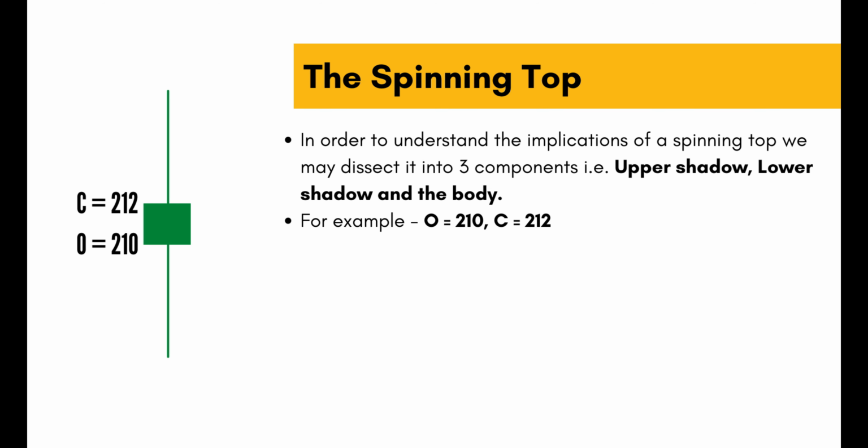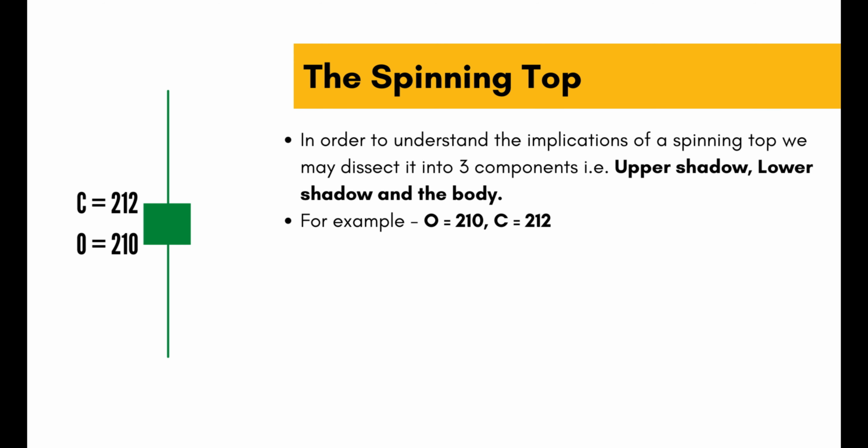The last part is the lower shadow, which connects the low price point to the body. Here if we proceed with a similar process as in the upper shadow, we may conclude that the bears tried to take the market lower, but failed eventually. As if they had been successful, we might have a long bearish candle at our disposal.